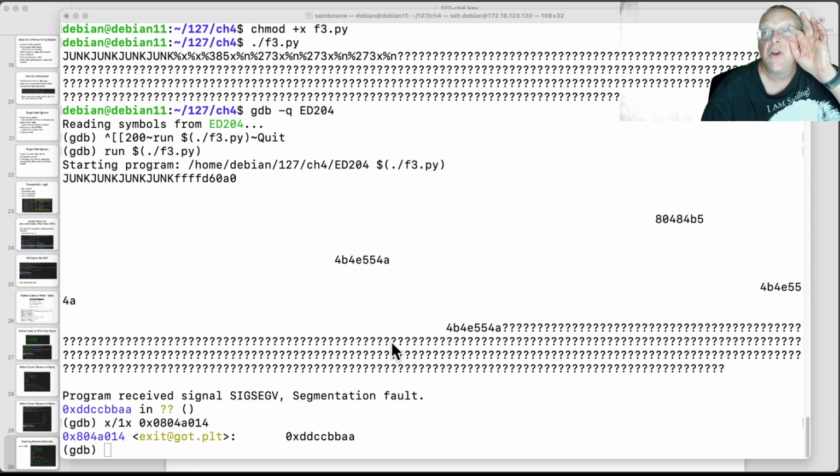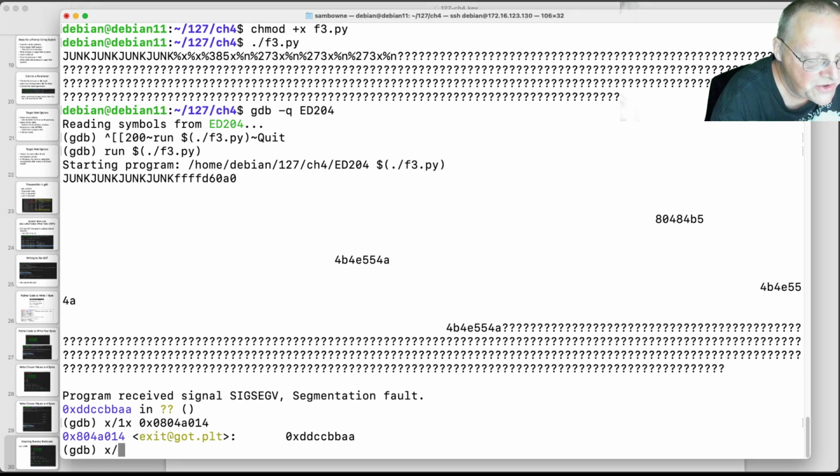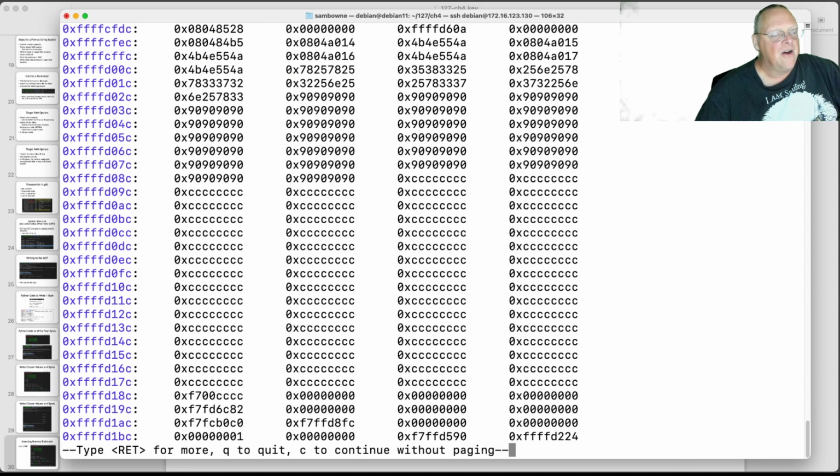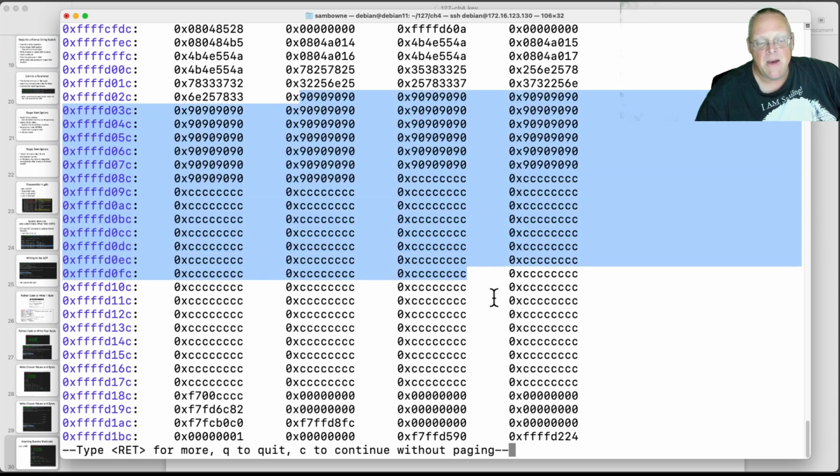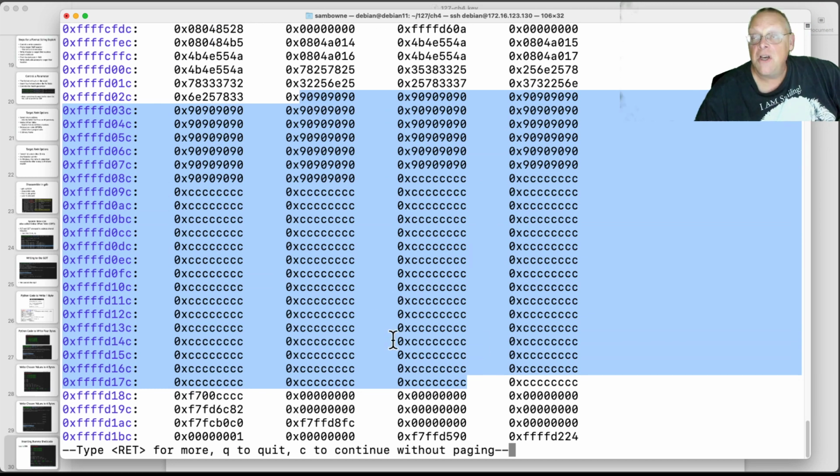And now I want to find my shellcode on the stack. This is a process we're going to do very many times. We gain control of an address, which controls the instruction pointer. We have managed to inject some shellcode somewhere, but we have to find where it is. So we have to look on the stack. So I'm just going to do x/200x ESP. There. And see, here it is. Here's the 90s. That's my NOP sled, and here's my breaks. So that stuff there is my shellcode.